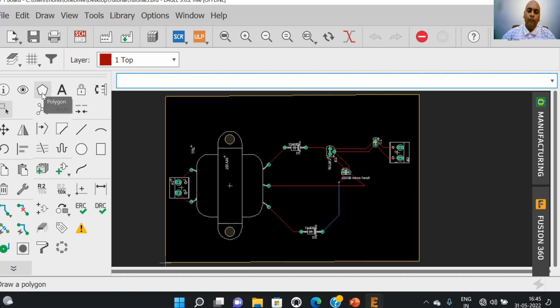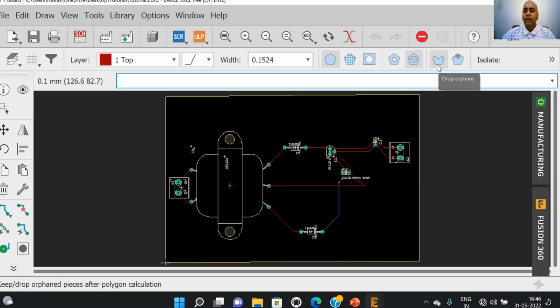We make use of polygon and then draw the outline in order to draw the ground plane. So we start from one point and start drawing the ground.